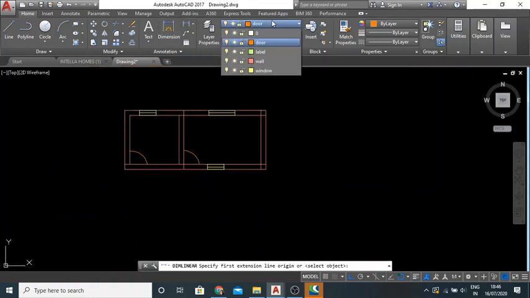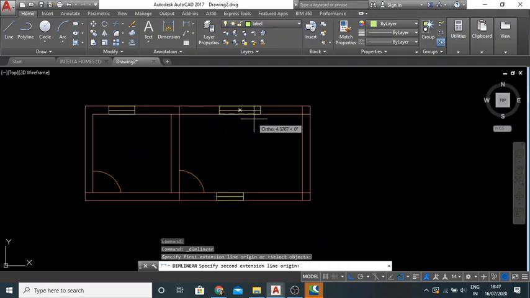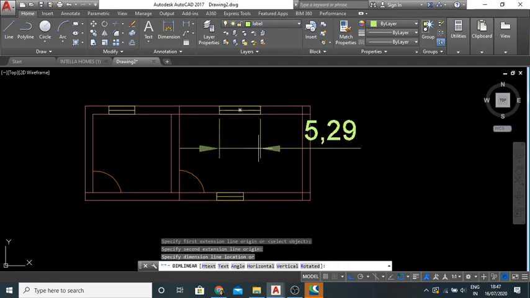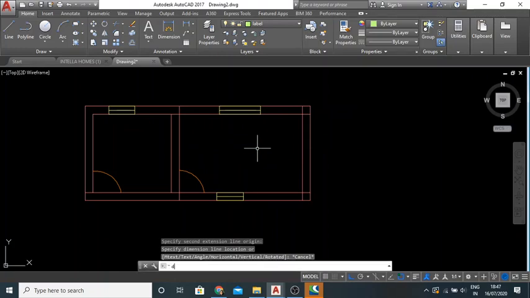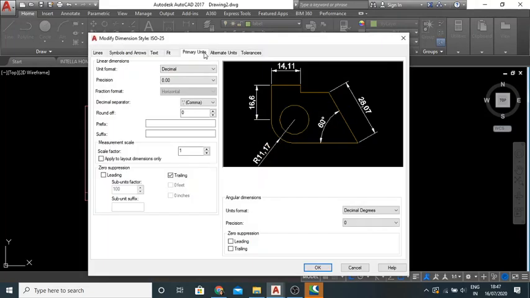Now I want to give text or dimensions, so I'll open the labeling layer. The text height is too big, so I'll change it.